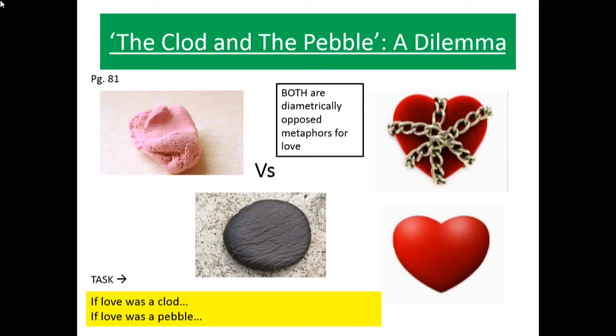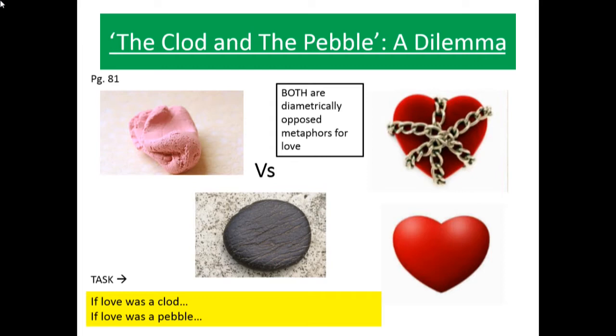Love seeketh not itself to please, nor for itself have any care, but for another gives its ease, and builds a heaven in hell's despair. So sung a little clod of clay, trodden with the cattle's feet, but a pebble of the brook warbled out these meters meet. Love seeketh only self to please, to bind another to its delight, joys in another's loss of ease, and builds a hell in heaven's despite. I got there in the end.